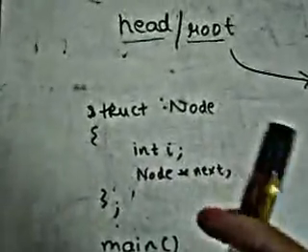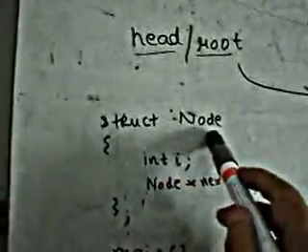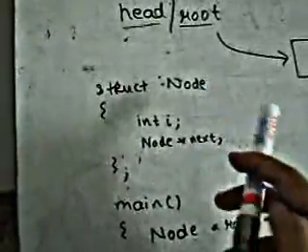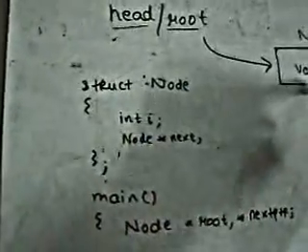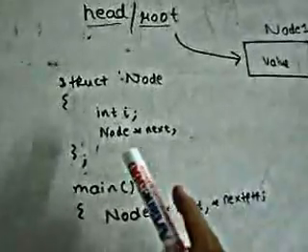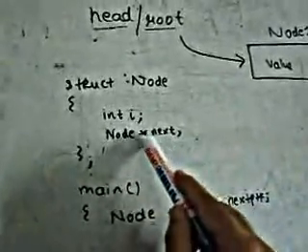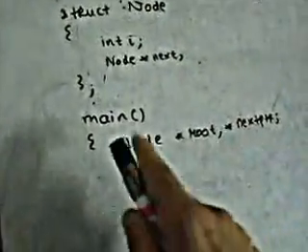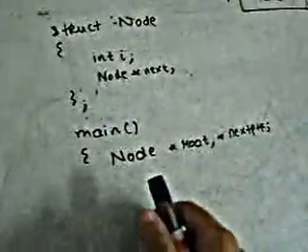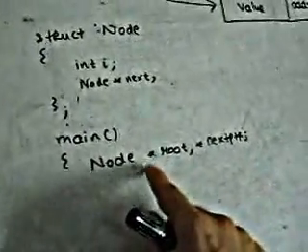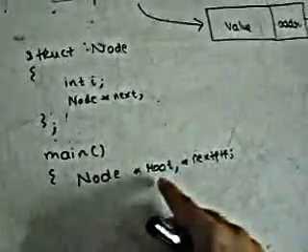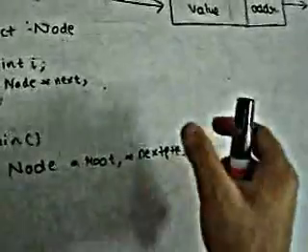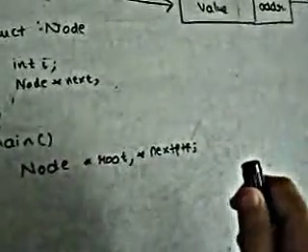Now starting with the coding part, struct node. We are here creating a structure, giving it the name node, with int i, the value, which is basically this thing. Then node star next, which is a pointer of struct type node. Now in the main, we have to create the struct pointer variables, root and next pointer. Root points to the starting node, and next pointer we will use for putting the values and traversing the items.